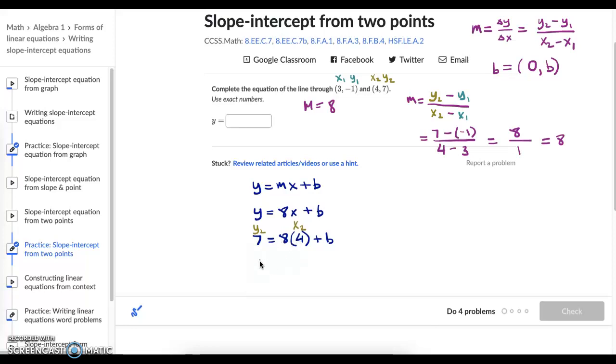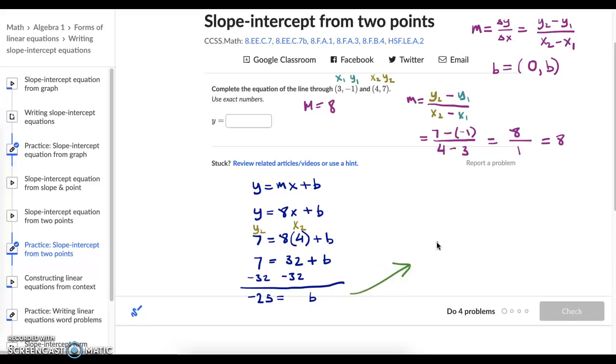Okay, so let's solve this. This gives us 7 equals 32 plus b. And so solving for b, we subtract 32 from both sides, and that gives us negative 25 is equal to b. So our b is negative 25. So finishing off our equation right here,